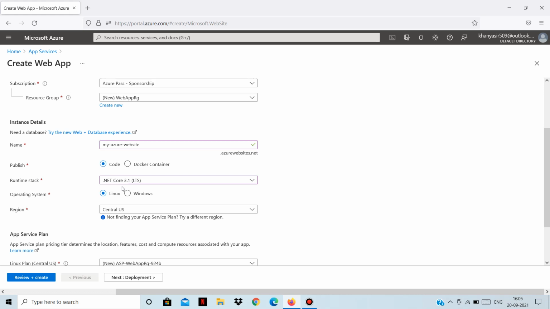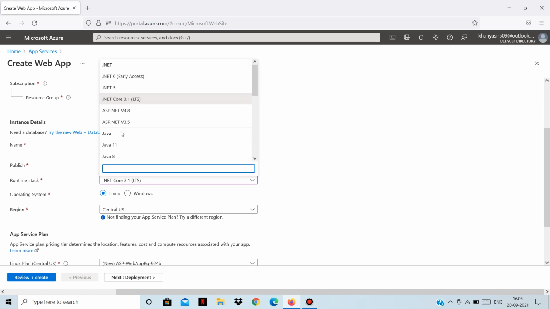Many of the available runtime stacks here are limited to one operating system or both. For example, Ruby. If your application is written in Ruby, it will support only the Linux operating system. And for Windows, I can give ASP.NET as an example. Suppose your application is written in ASP.NET, it will support only the Windows operating system. So you need to decide your operating system based on the framework in which you have written your application code.